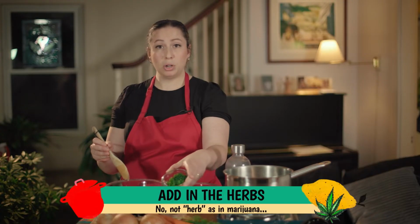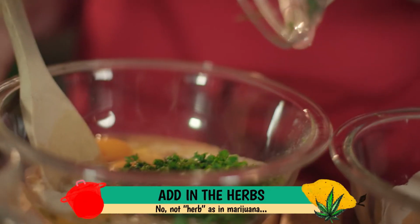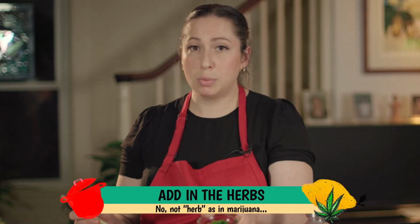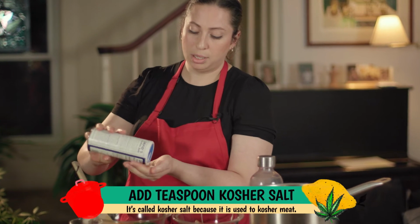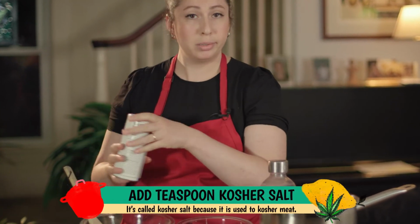Some finely chopped herbs. I have dill and parsley, but you could use anything you have around. It's really up to you. We're gonna add a teaspoon of our kosher salt, and yes, I am just measuring this in my hand because